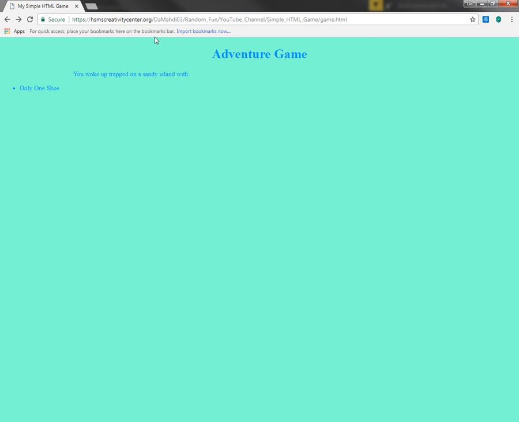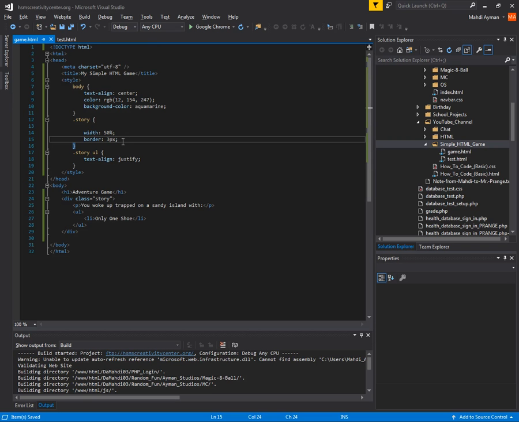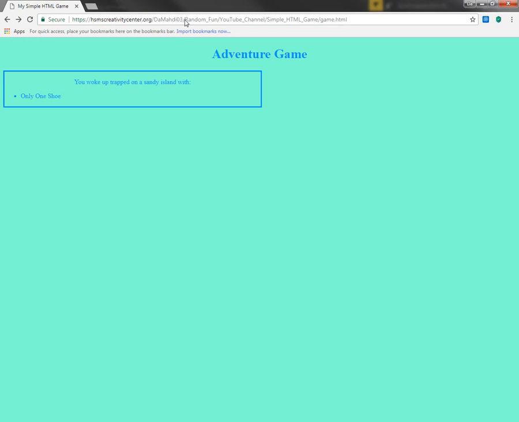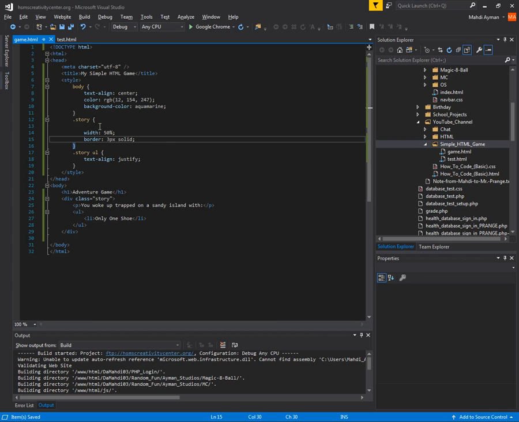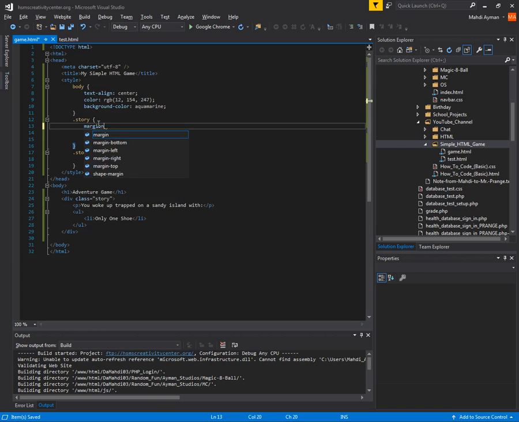Now I have to write solid. So now we have a box. What margin does is it controls the space outside of this line. So right now we have a margin of, I want to say, 3 pixels. If we set margin to 0 pixels, or just 0 in general,